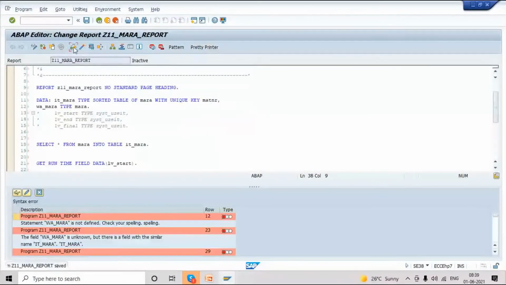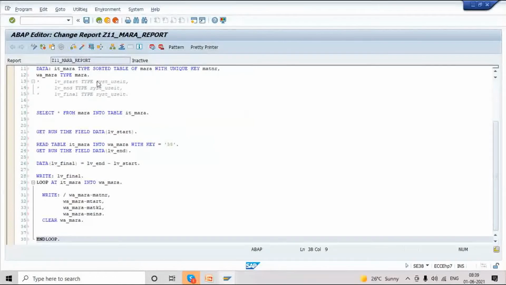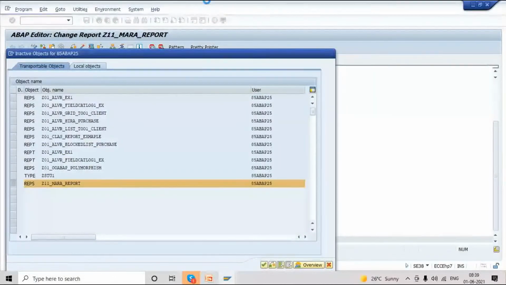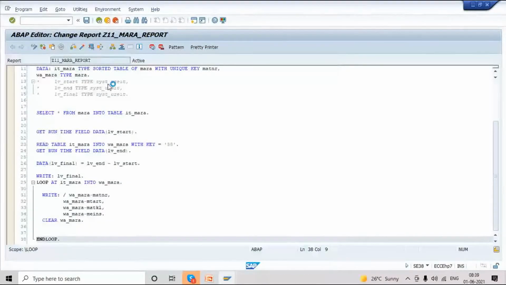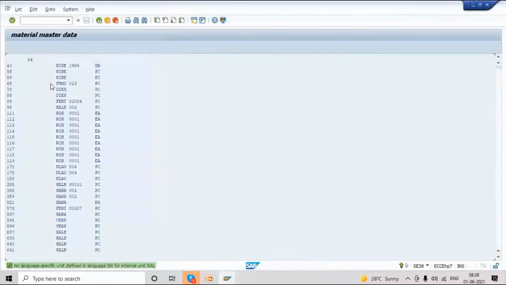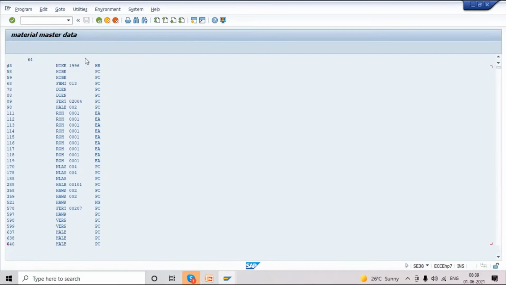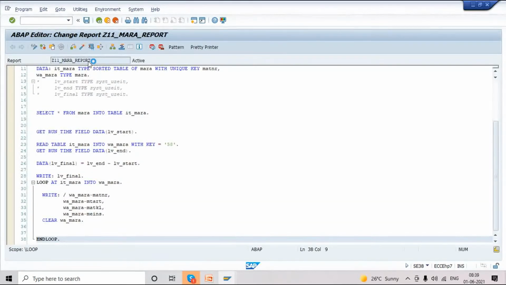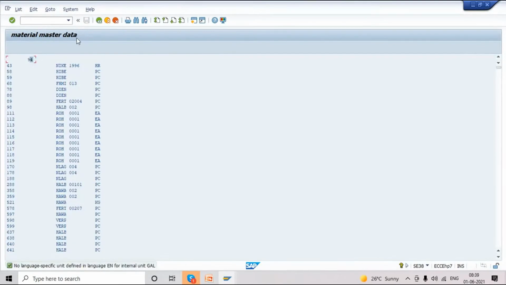See here also we'll see runtime. This is the new table, sorted table. Just executing. You can see we got 64. It's better performance compared to the standard table. Last time we got approximately 2000, now we are getting 64. So I'll execute again. That is the performance time I'm telling. Now this time we got 94.